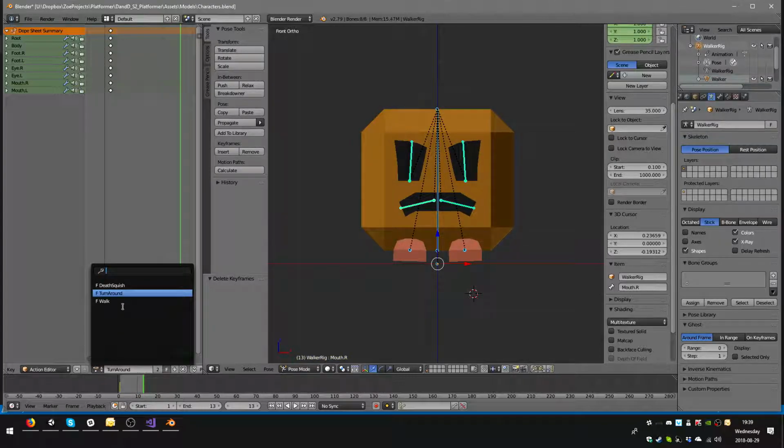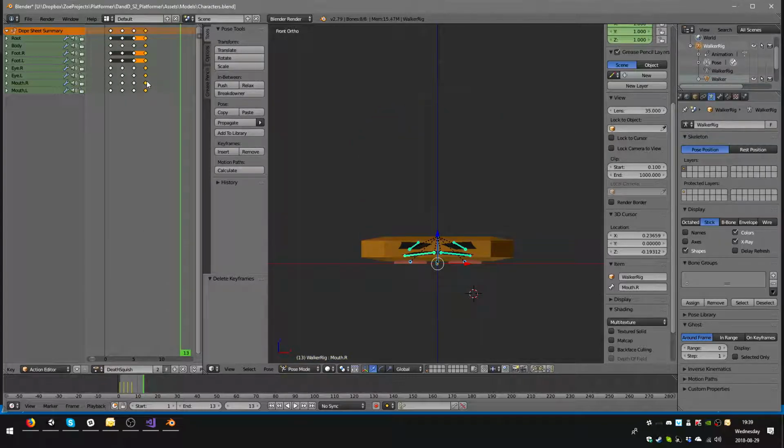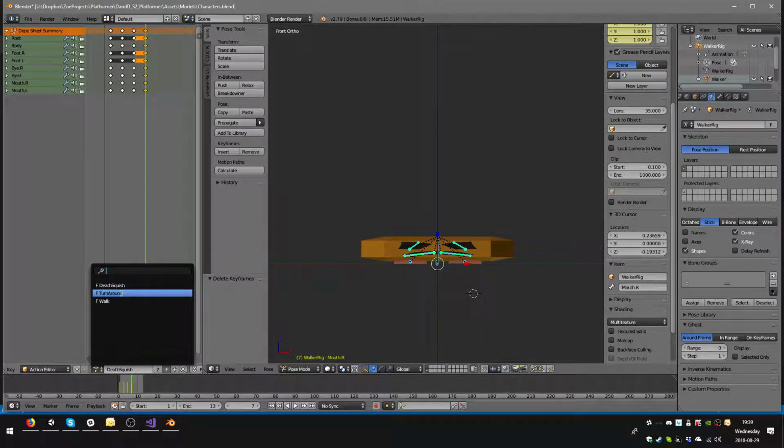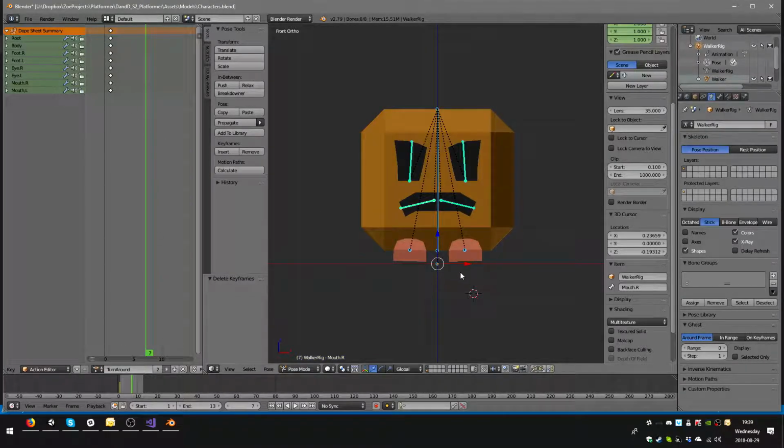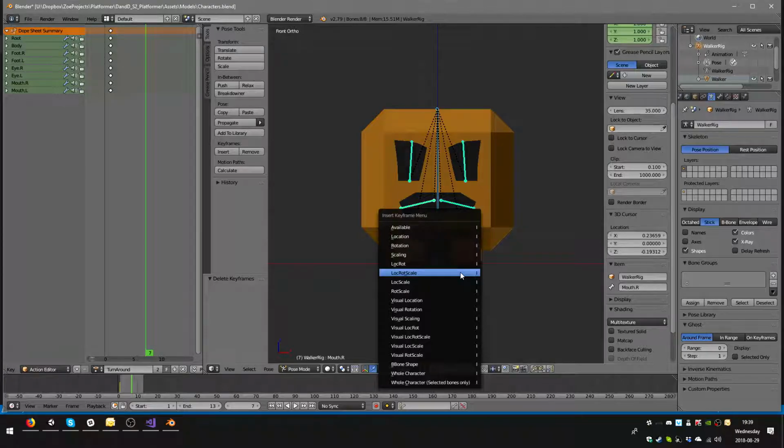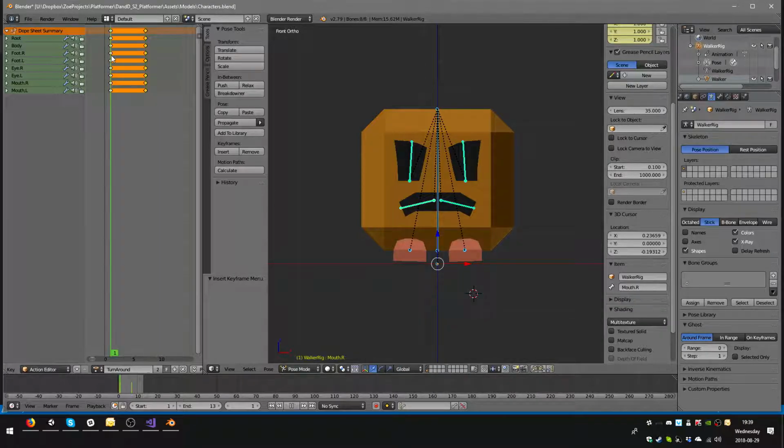Let's see, how fast was our death squish? It ends here, but technically it gets here. So that's a little bit too short, I reckon. So let's stay on 7. Let's go to turn around. Okay, here, and go again, I, lock rod scale. Perfect. Okay, so now what we need to do is we need to do a little jump, and maybe we